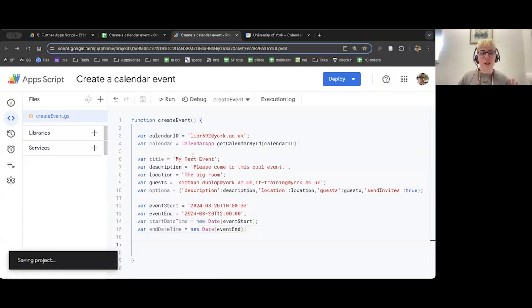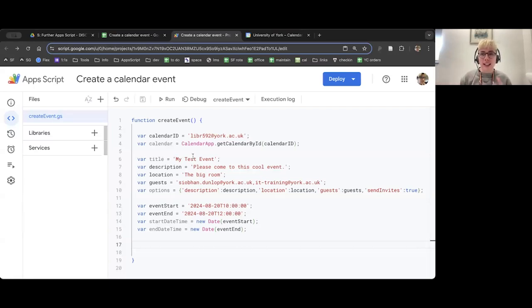And you might be pleased to know we've only got one real line of code and then we're going to log it as well. So all we need to do is actually run the create event function now, and it should work. But what I'm going to do is store the output of that. I'm going to get the ID of my calendar event and just log it. Because one, that proves it's made. And two, it just means that if we needed to use Apps Script to delete the event because something went wrong, we've already got the ID and we're ready.